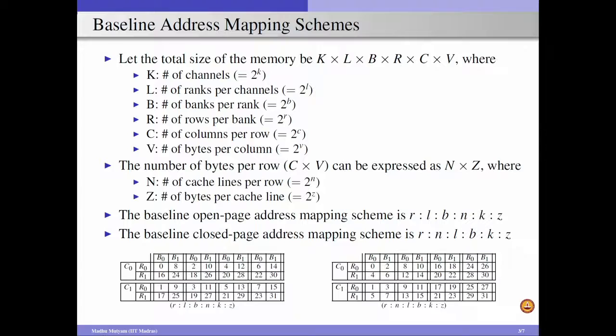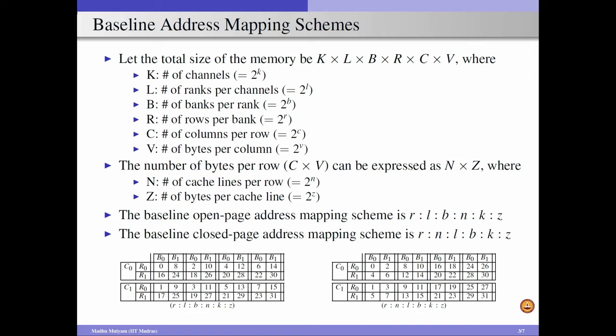And now we will consider a simple example where we have a memory system consisting of 2 channels, each channel has 2 ranks, each rank has 2 banks, and each bank has multiple rows. We also consider that each row has 4 cache lines. When we consider 32 consecutive cache lines and an open page policy, we can clearly see that